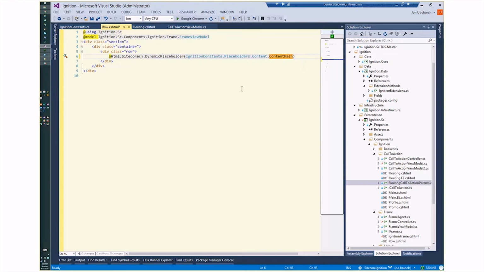So this placeholder name actually translates to content main. But when you add this row to a page, the placeholder that it actually exposes is going to be content main underscore and then a GUID. Okay. And the only reason I'm asking is because that means that from an experience editor situation, because it's being dynamically generated in that fashion, we wouldn't have a placeholder setting item for it. Actually, there is a placeholder setting item for it. It's going to use the rendering as if it were content main, but it's going to differentiate them based on the